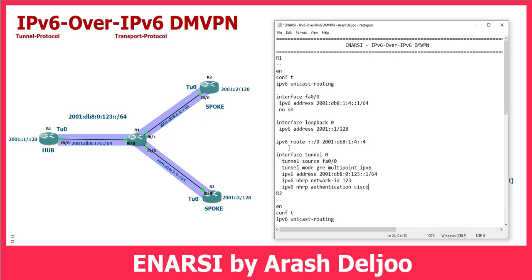After that, let me configure the ipv6 nhrp map multicast dynamic command. This has exactly the same effect as the IPv4 nhrp map multicast dynamic command. Also, because we are using DMVPN phase 3, here we should configure ipv6 nhrp redirect. That's it. Everything is the same. Okay, redirect. Then let me configure the router